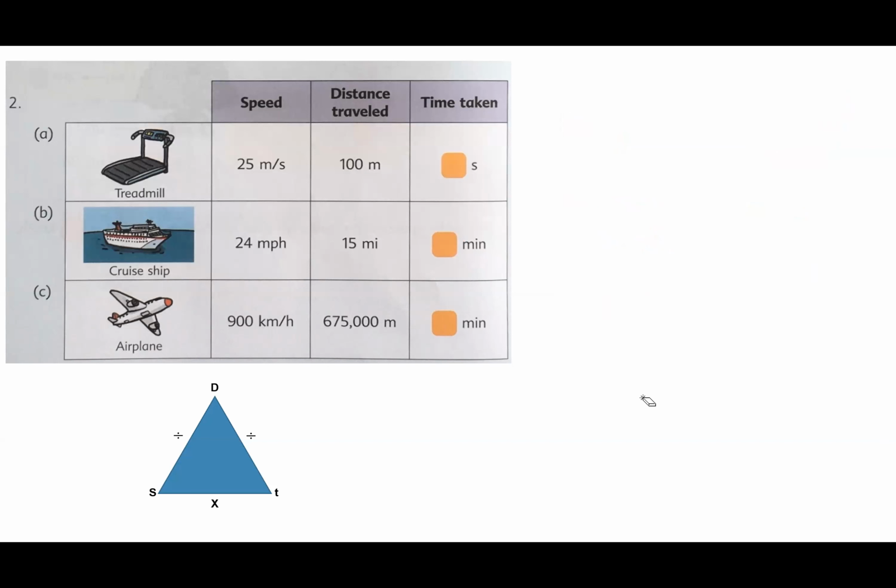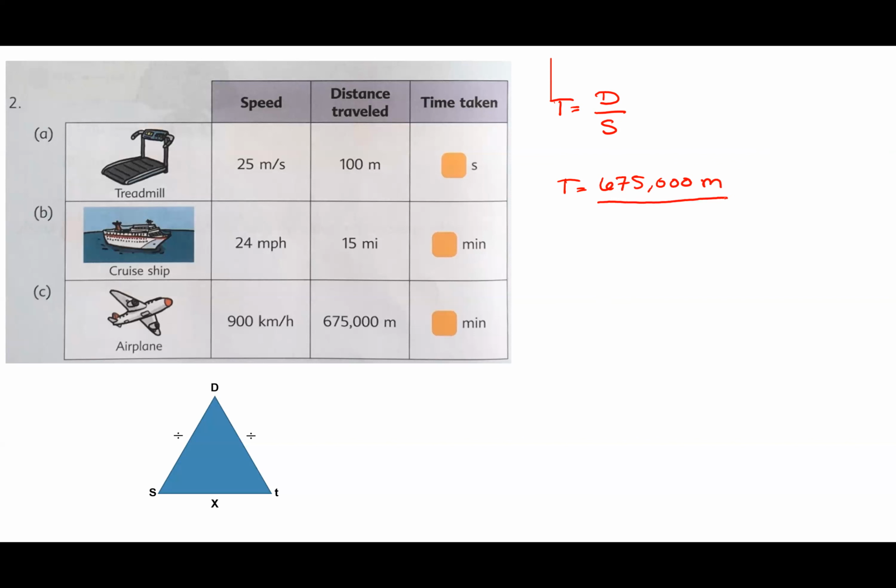All right, we're finding the speed of an airplane. I'm sorry, not the speed, the time taken. So we'll start off with our time formula. Time equals distance divided by speed. Great. So my time in this case is going to equal 675,000 meters